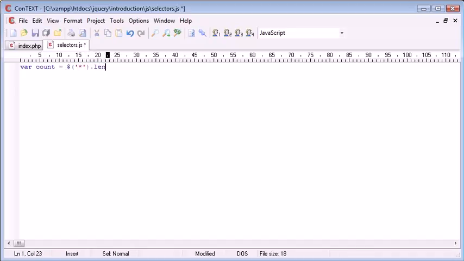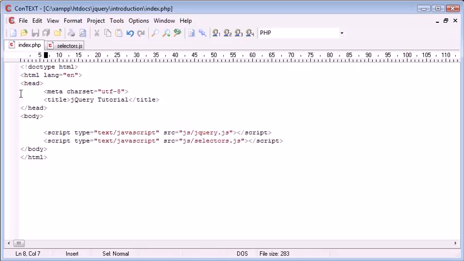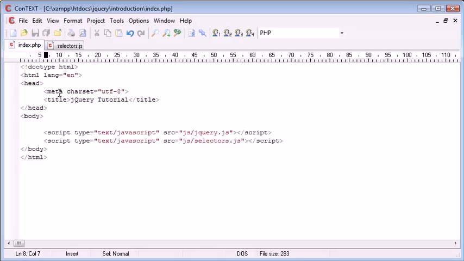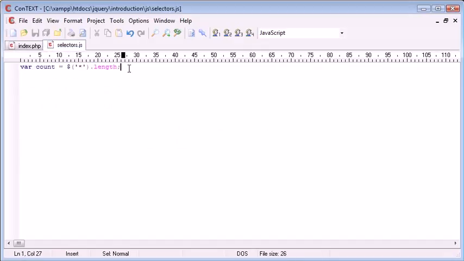So if we go ahead and add dot length onto the end of this, count now contains a number of all of the elements on the page. So as you can see, we've got a few elements on the page here. So when we go ahead and alert this out to the user, we should have